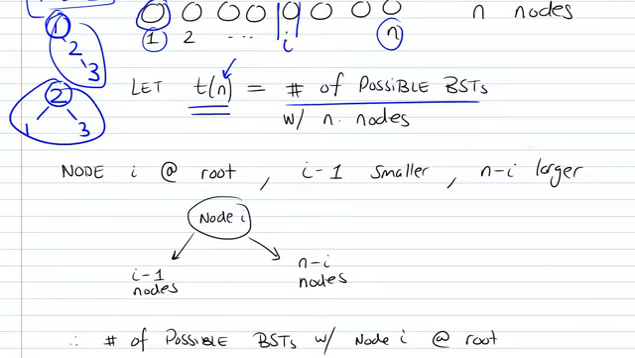So if we looked at node i here, we would have i minus 1 elements smaller and n minus